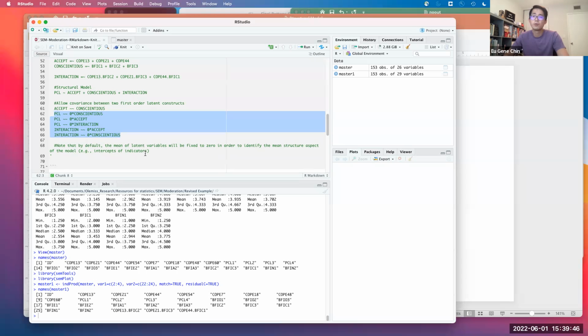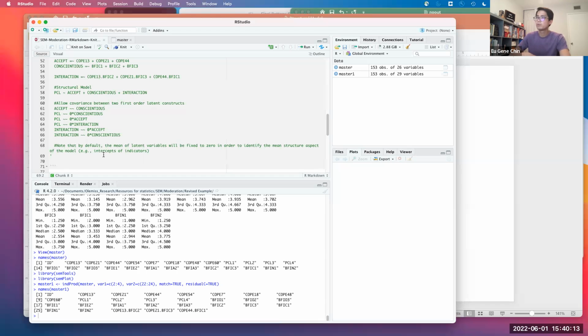All you have to do is pick one indicator for each latent variable, fix them to 0, transfer its mean over to the latent variable, and let R know to estimate the latent variables freely as well. The problem is that I ran into some issues when it came to probing the interaction, so we're just going to stick with this for now.